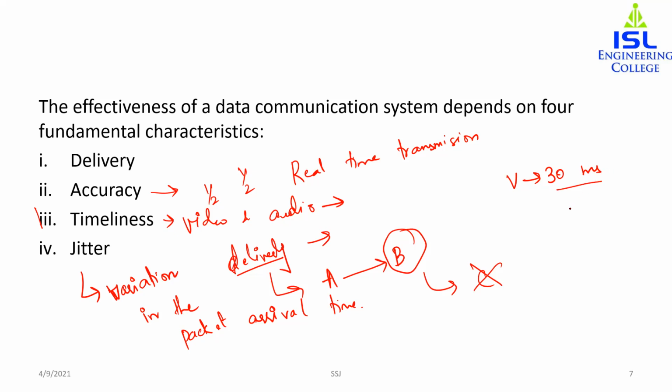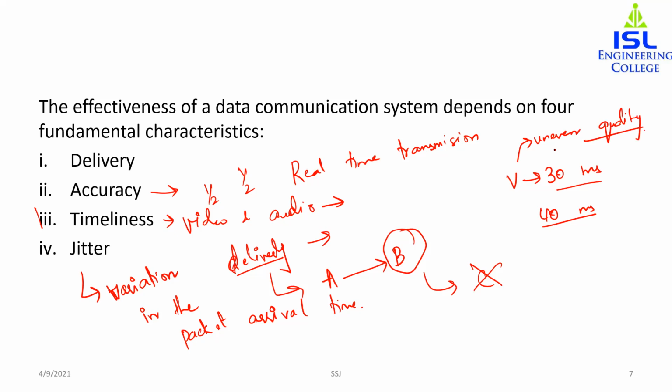Now, in some parts of the video, there is a delay of 40 milliseconds. Then obviously there will be a 10 millisecond gap where the video has not been uploaded or the video has not been sent. So in that case, there will be a quality difference. There will be an uneven quality in the case of this video.